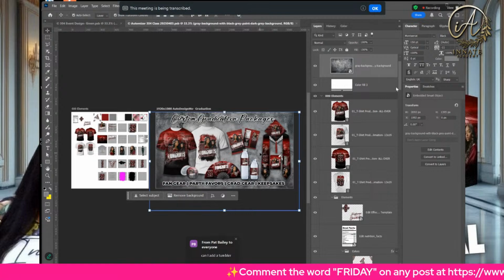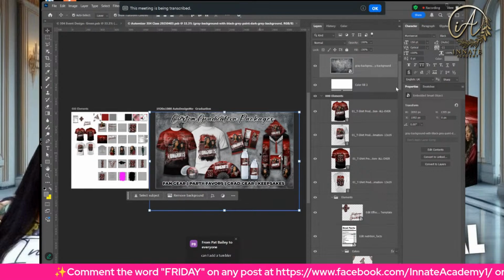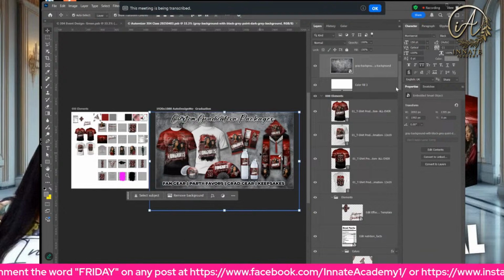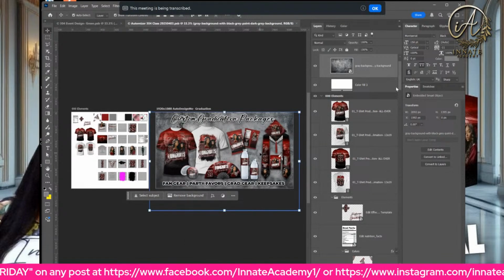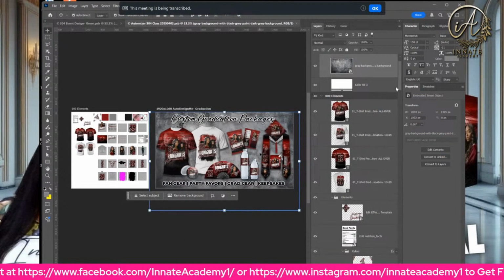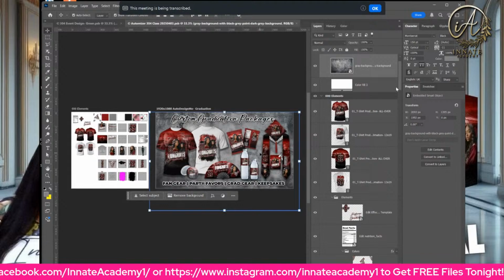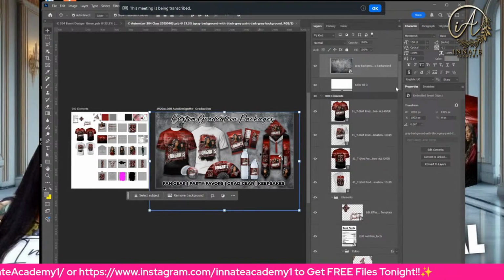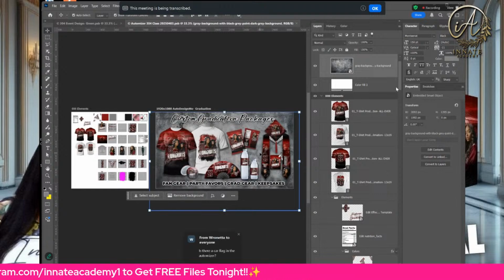So, Pat, if you want to add a tumbler, you do that with the full Automizer. And what you do is you throw everything that you possibly want to put into your graduation packages on one stage. And then you push all of those products through your Automizer. You know how the Automizer will automatically make all your PNGs and everything. And then you take those PNGs